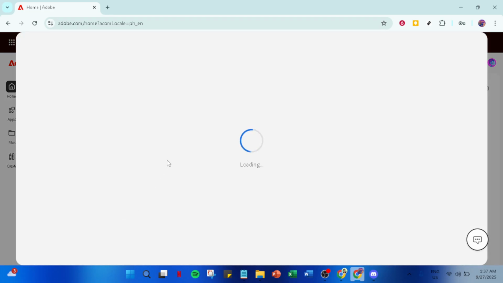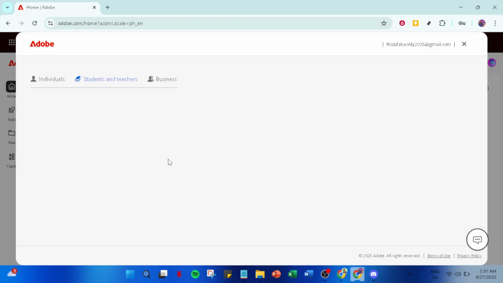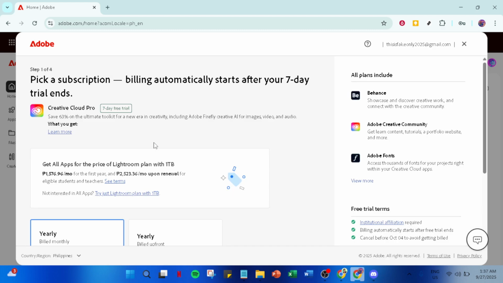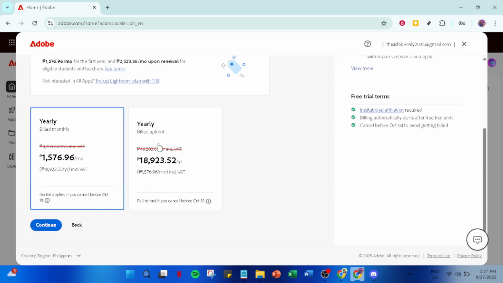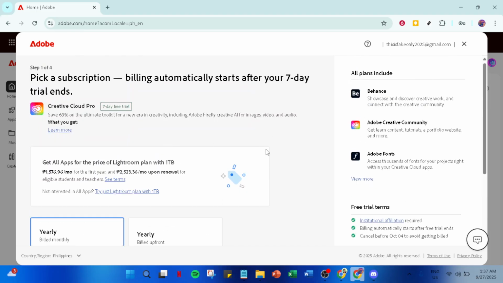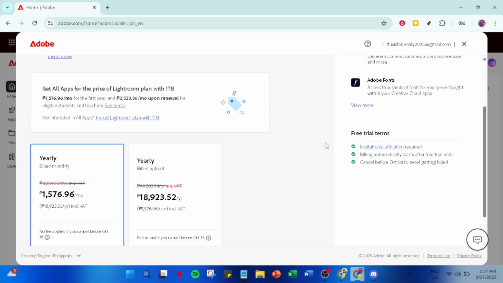Now, it's time to enter your payment details. I know it might seem like a big commitment, but don't worry, Adobe offers a trial period. You have the flexibility to cancel at any time before this 7-day trial ends, which means you won't be charged if you decide not to proceed after trying out the software. This period gives you a great opportunity to test and see if Photoshop fits perfectly into your workflow.